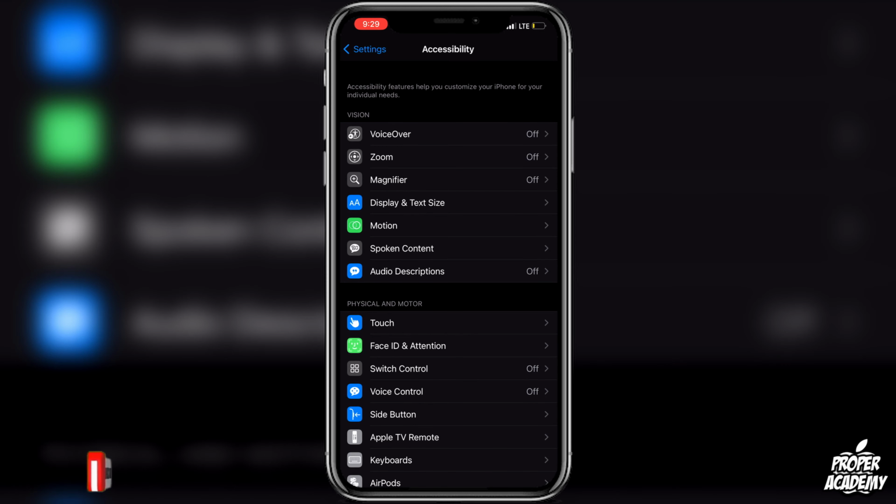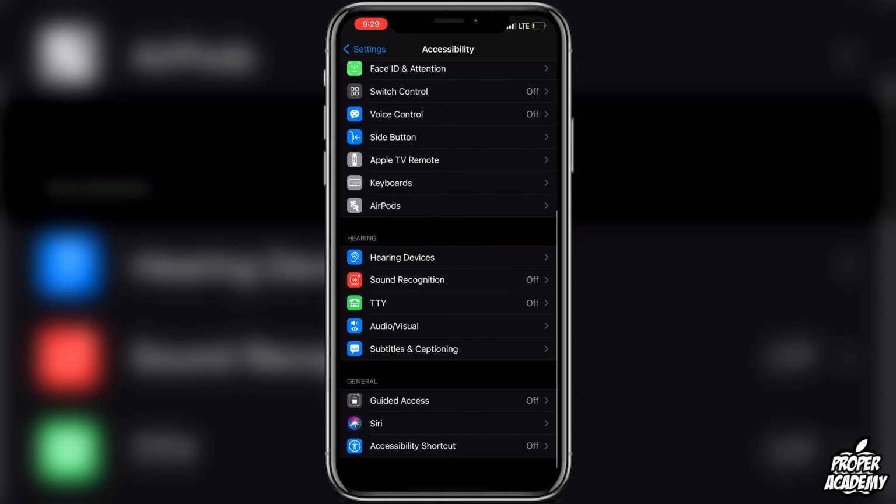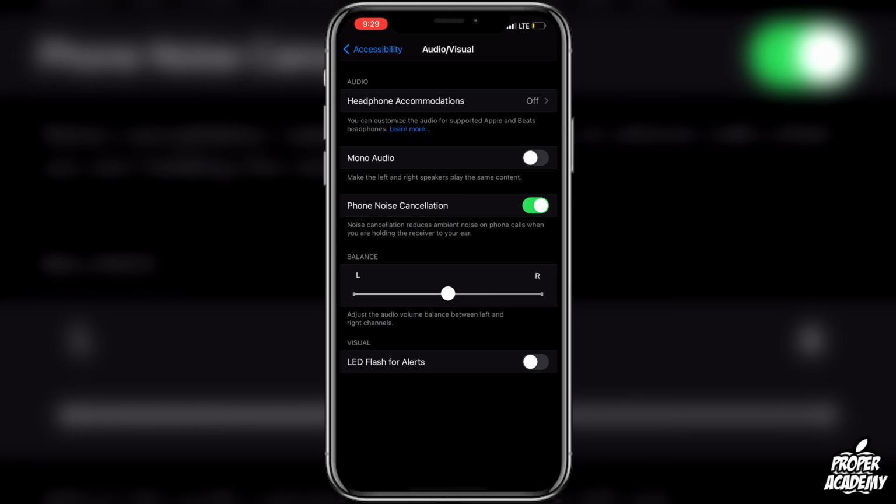Once you're in accessibility, you just want to scroll down until you see audio/visual. Once you find that, just click on that. And then at the very bottom here under visual, you'll see LED flash for alerts. You just want to go ahead and enable that. And then whenever you get a phone call or a notification, your LED will then flash and go off as